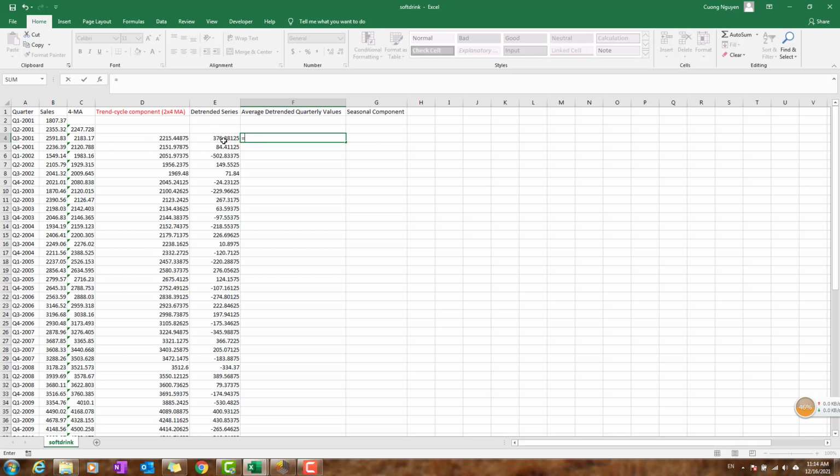So we take all the average values of the detrended series for quarter 3 of every year. To do that, we start with the average function, and then we select all the quarter 3 data. The same thing, quarter 3 of 2002, quarter 3 of